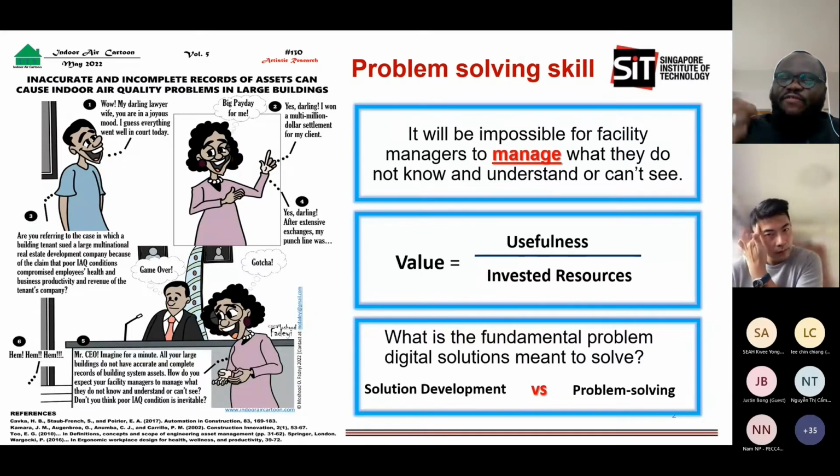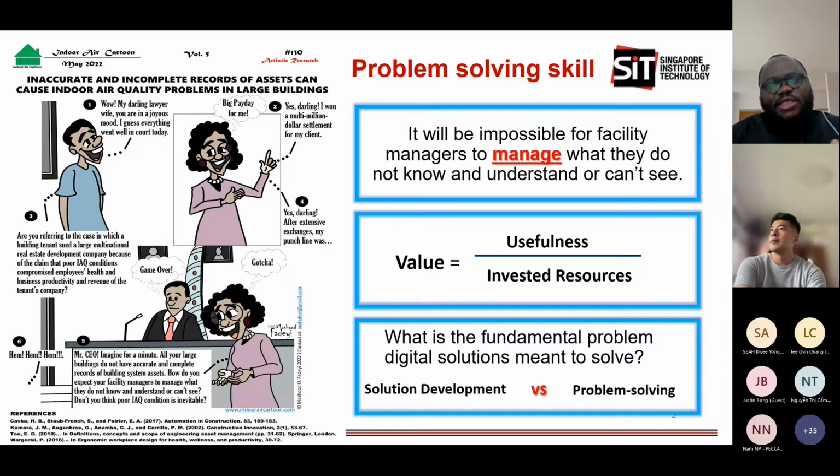To solve problems in a value-oriented manner, to ensure that facility managers, if they want to manage their assets, and ensure that their facility is well operated and well managed to give the required performance, don't waste a lot of resources. But most of the time, this aspect is usually compromised. So one of the things I do in my duty is basically to train students and also to engage industry professionals to ensure that they think critically and apply the skill they have, the technical know-how they have, in defining